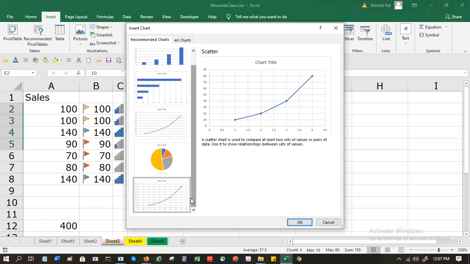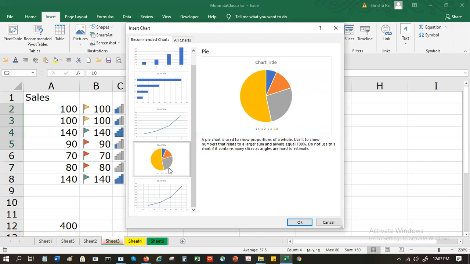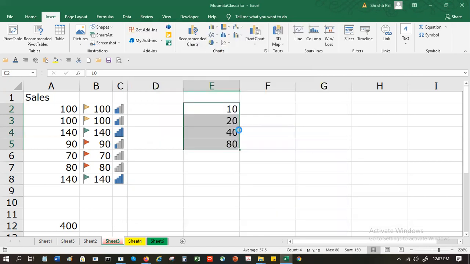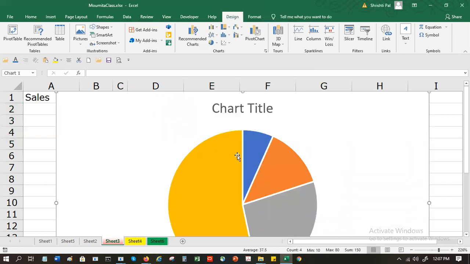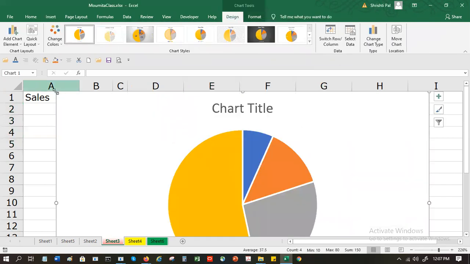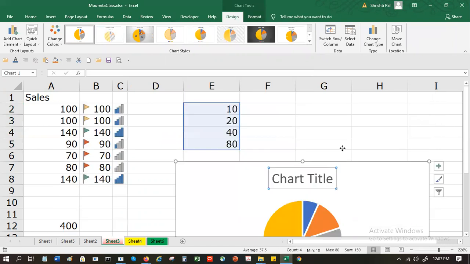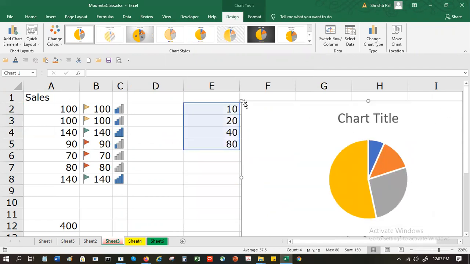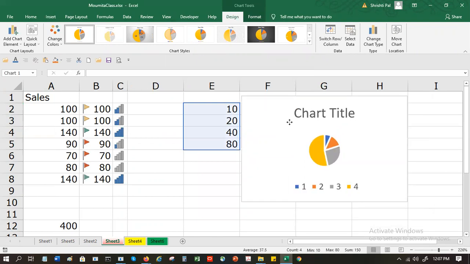So which to use when is probably the most difficult question to answer, but it depends on your scenario and how you want to depict the data. Generally, when there is only one parameter, we use a type of chart known as the pie chart. This pie chart gives me a whole out of a total sum of these numbers, a breakup.